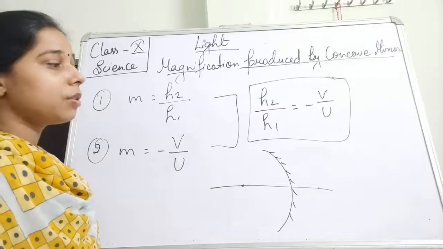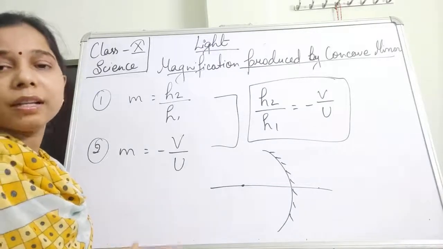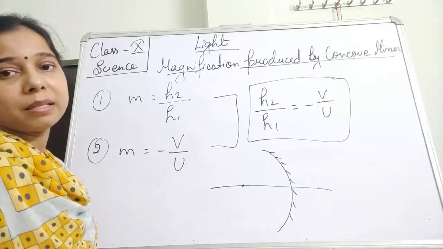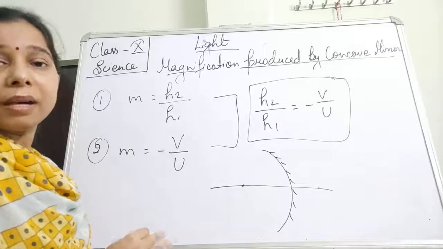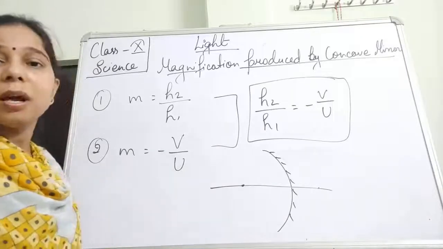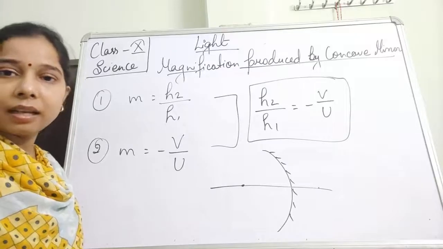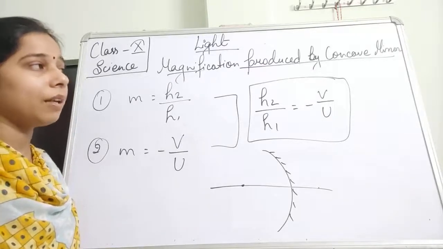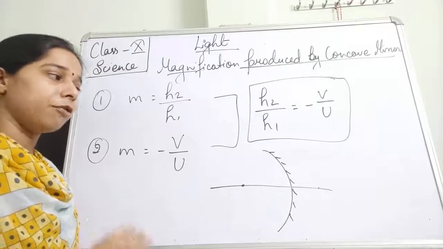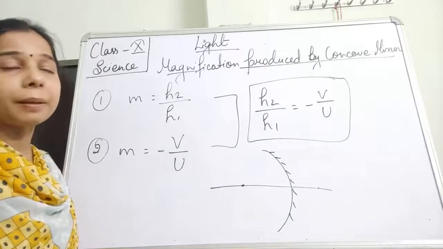We have also seen here that the height of the object, if it is in the upward direction perpendicular to the principal axis, then it will be positive, but if it is in the downward direction perpendicular to the principal axis, it is taken as negative. So this is how we can use the positive and negative focal length, height, size of the object and everything.